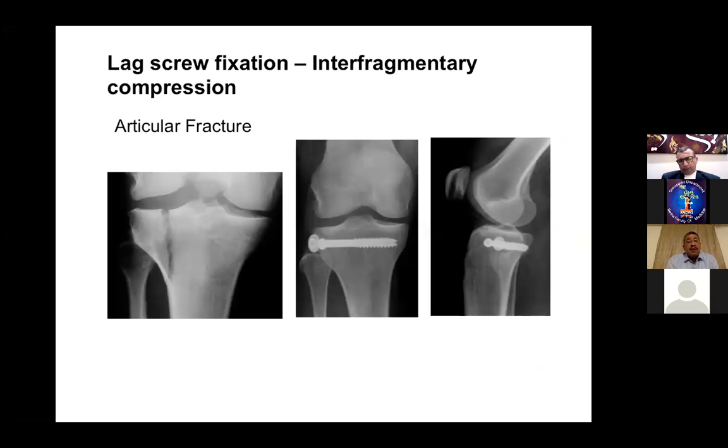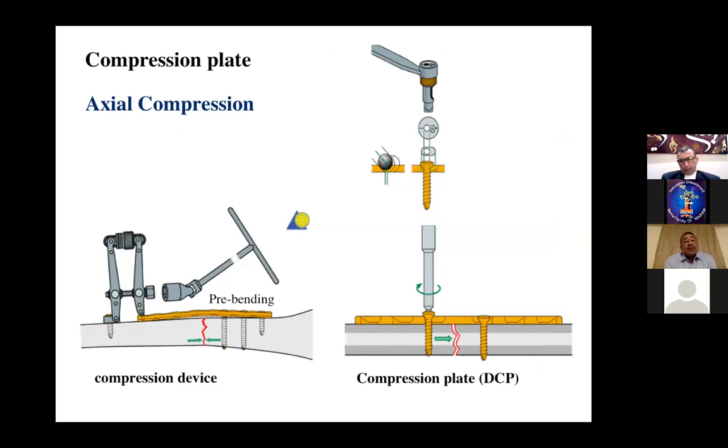These are examples of leg screw fixation in articular fractures. You all know the examples in articular fractures, in fracture neck of femur. What about the axial compression? How can we use the compression plate with axial compression? We all know the eccentric screw mechanism. You put the screw eccentric in the dynamic compression plate, the oval hole, so you will get compression of the fracture site. Of course, all these